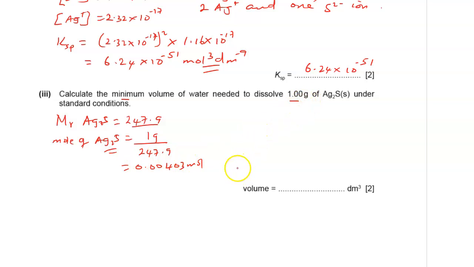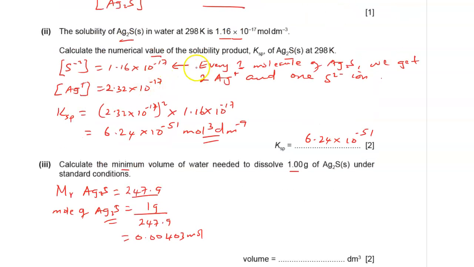And we know 1.16 times 10 raised to power minus 17 moles of silver sulfide dissolve in 1 liter. We are given that right here. We are told that 1.16 times 10 raised to power minus 17 moles dissolved in every liter. So you bring that one down here. We say 1.16 times 10 raised to power minus 17 moles will dissolve in 1 liter or 1 dm cubed,